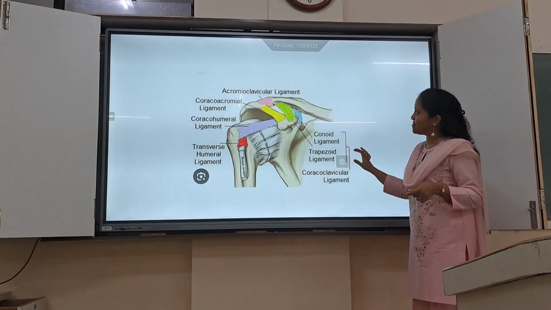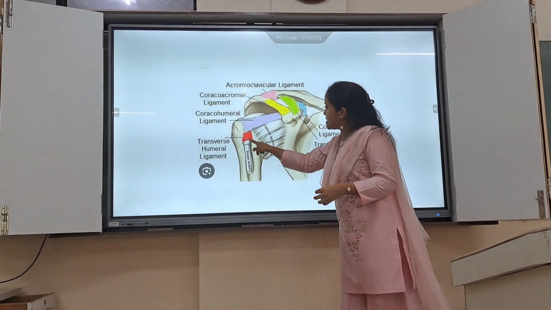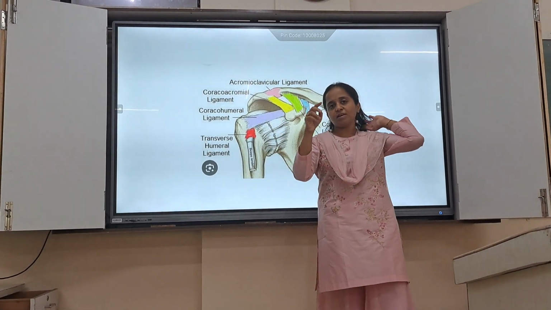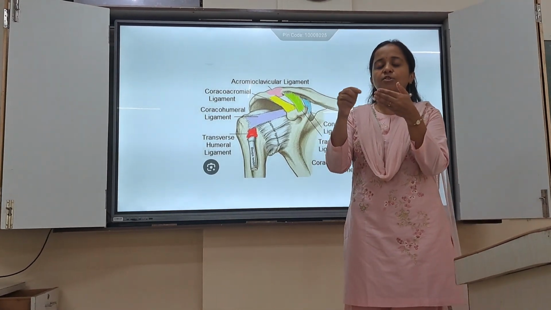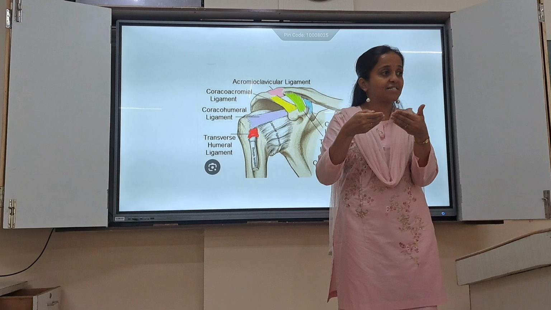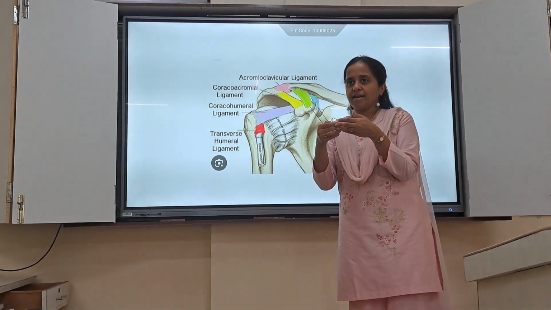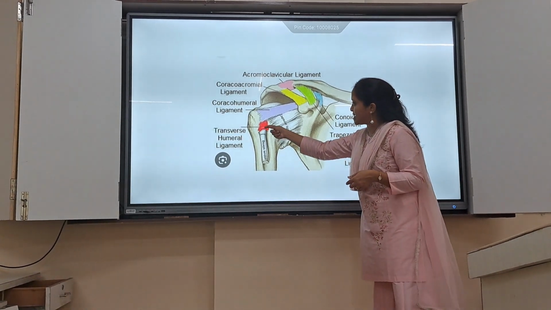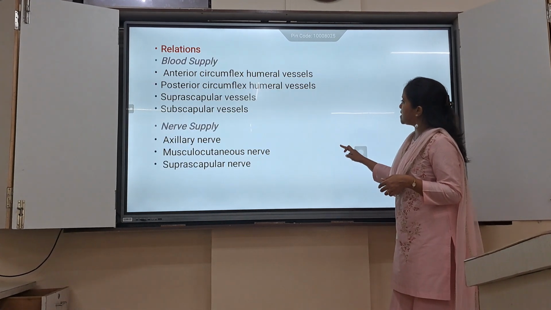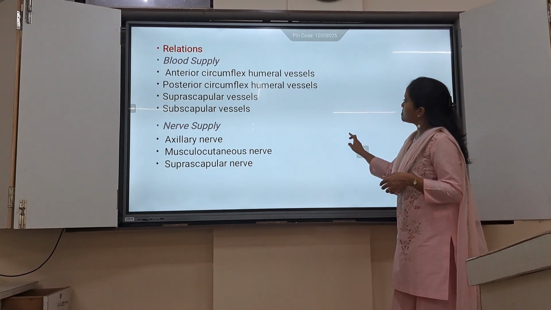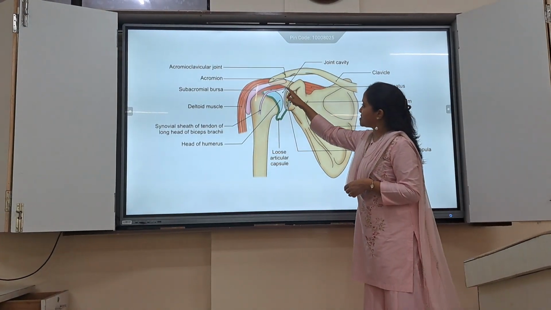So these three ligaments are visible here. Then we can see the transverse humeral ligament, a very short and broad band of ligament which covers the intertubercular sulcus or the bicipital groove which we have seen in humerus osteology. It is a very small ligament shown here. The glenoidal labrum is seen. So here in this diagram we can see the